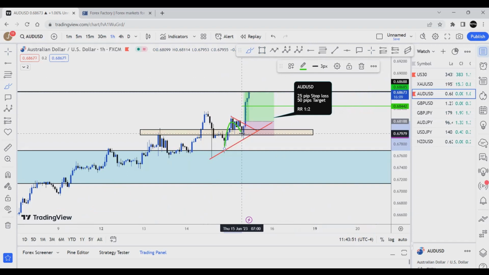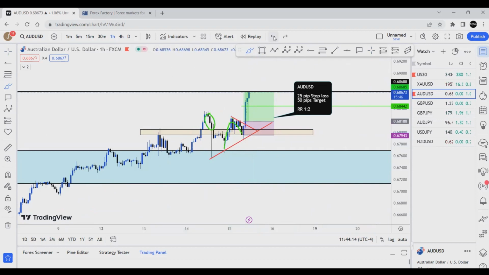my main thing was looking towards the left. I always look towards the left and see what's going on over there. Is price looking to fill an imbalance or continuation? And we notice we have an imbalance here. So price already came and filled it from this high right here. So this imbalance was taken care of. Once I noticed that price retested the structure, which is the previous resistance and now becomes support,